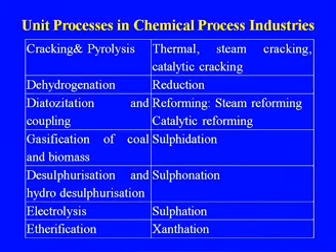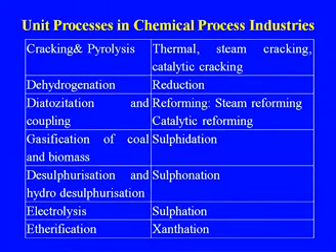Electrolysis is very important in the case of caustic chlorine manufacture. Etherification we are using at various stages in the chemical process industry. Thermal and steam cracking, catalytic cracking, because this is the evolution that has taken place in the cracking process. Earlier it was only thermal cracking, then thermal cracking to catalytic cracking, just to improve the economy of the process, reduce the temperature, and have better quality of the product.